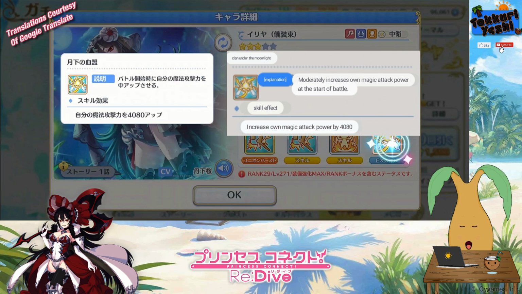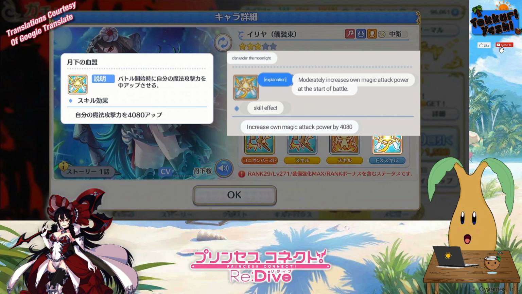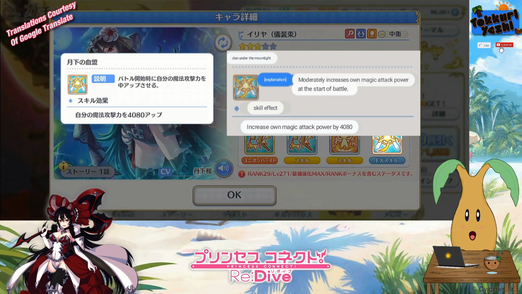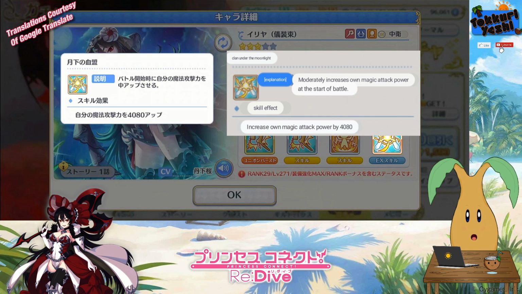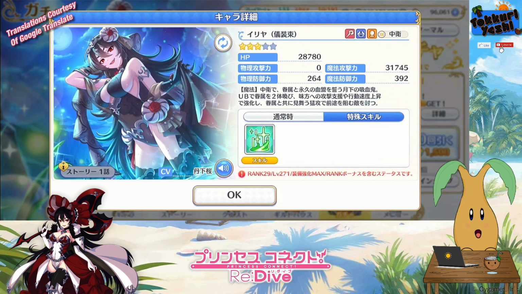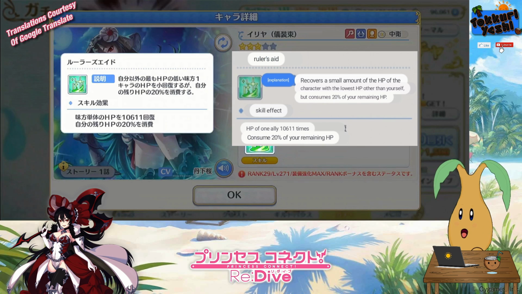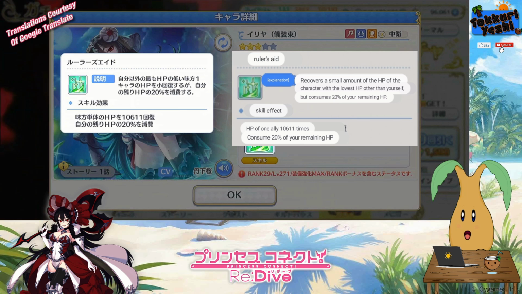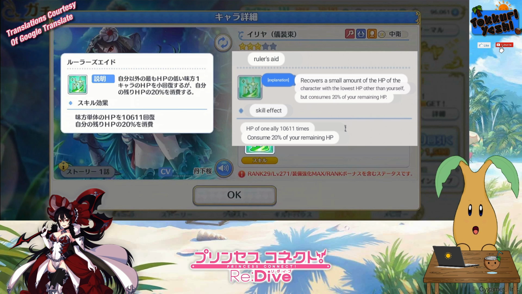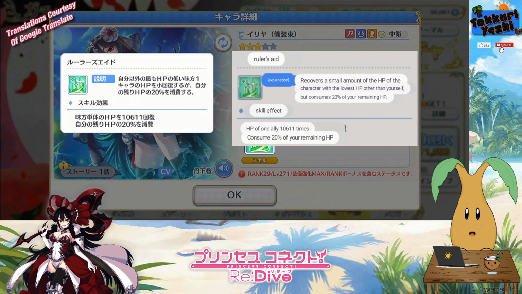Now, we have an EX skill here, which is Clan Under the Moonlight, which, as I told you, is some dark ceremonial rituals here, which will moderately increase Illya's magical attack power, and at 5 stars I assume will greatly increase her magical attack power. On top of all of this though, Illya does have a special skill, and this special skill, Ruler's Aid, recovers a small amount of hit points to the ally with the lowest hit points other than Illya herself. She will not heal herself with this. It has to be another ally,